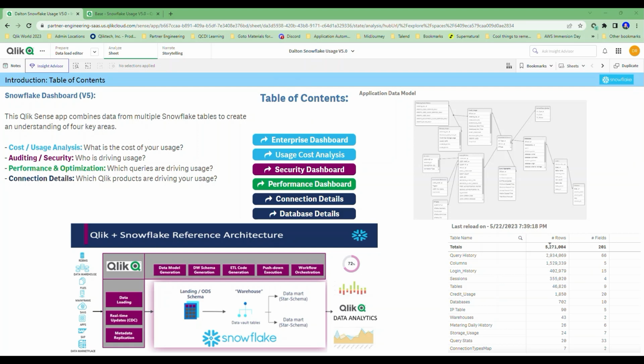Qlik back again. Today we're going to be looking at the Snowflake usage application version 5.0. Version 5.0 takes a deviated course from our previous versions. When David Ferrix and I started this project, we looked at simply loading a Snowflake tenant, getting all the information